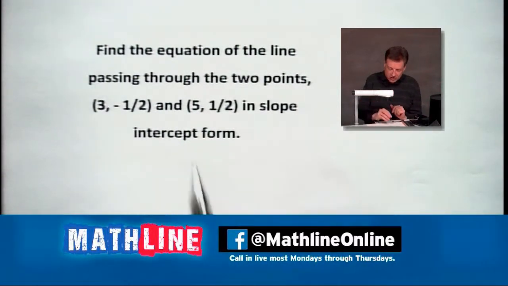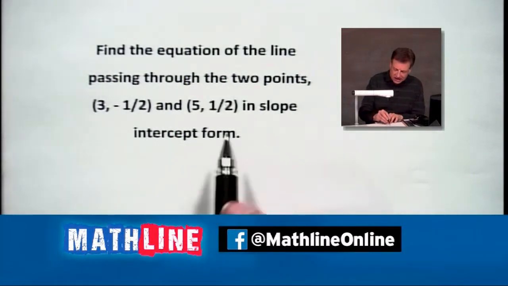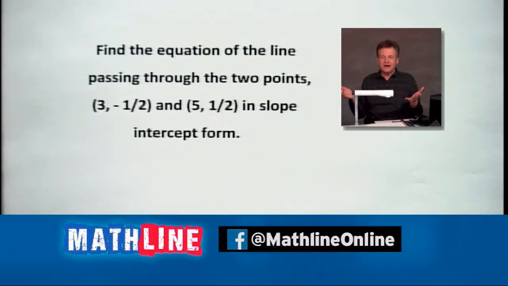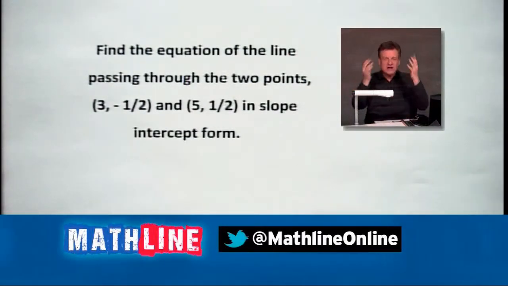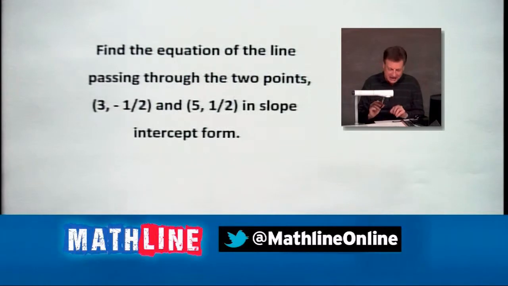Now, some of you freak out when you see these fractions. I know sometimes I do too. We get a little upset and nervous, especially when they didn't give us a slope. All right? We've got 2 points, and what we're trying to do is figure out the equation of that line that's going to go right through those 2 points. And it's a unique equation, only one of its kind. So let's check it out and see how we're going to do.